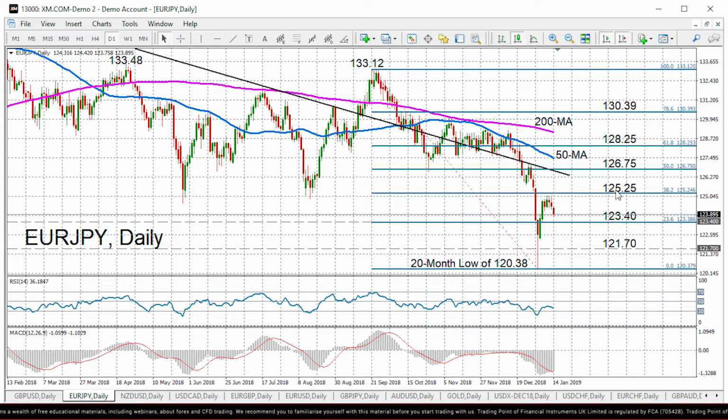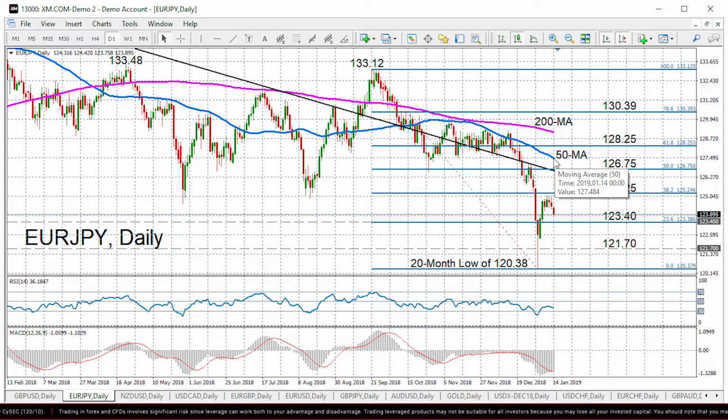That's the 38.2% Fibonacci. Above that, we have a very important resistance area. We've got that descending trend line, then we've got the 50% Fibonacci at 126.75. So breaking above those key lines, that would help eliminate the downside risks for euro yen, and then it